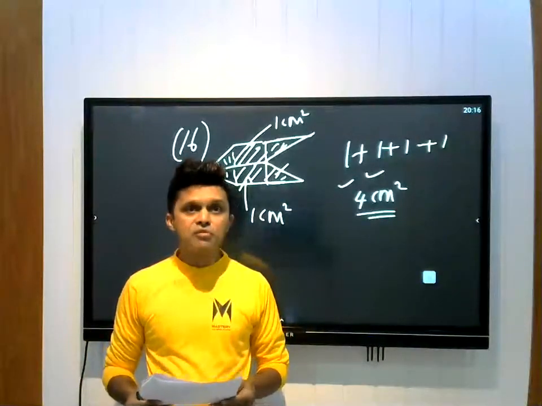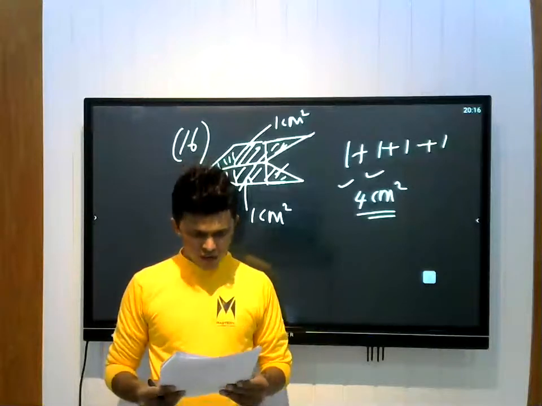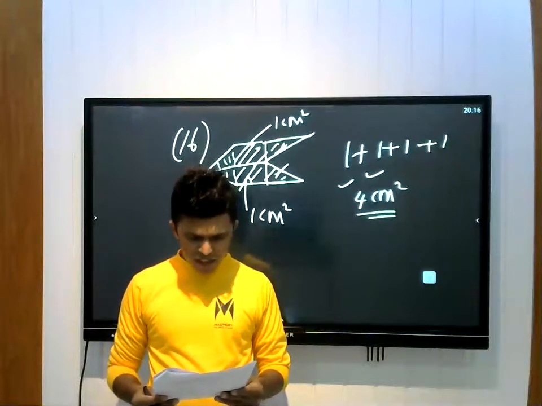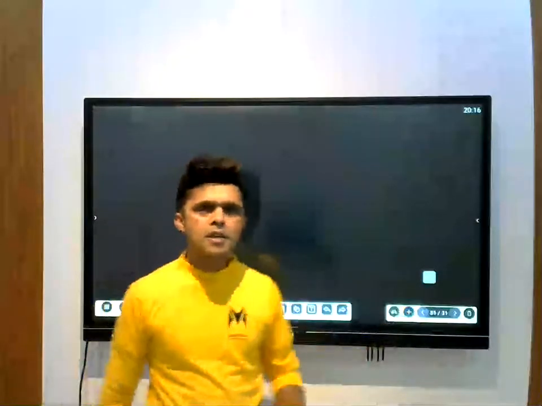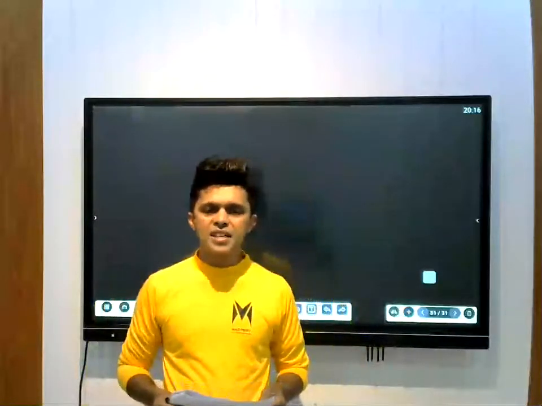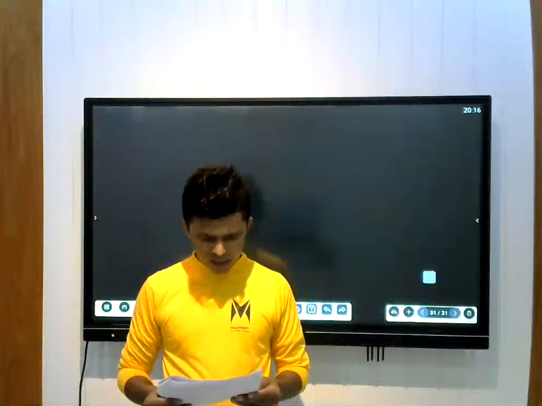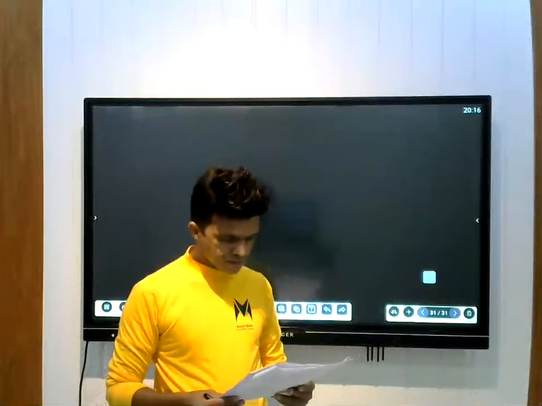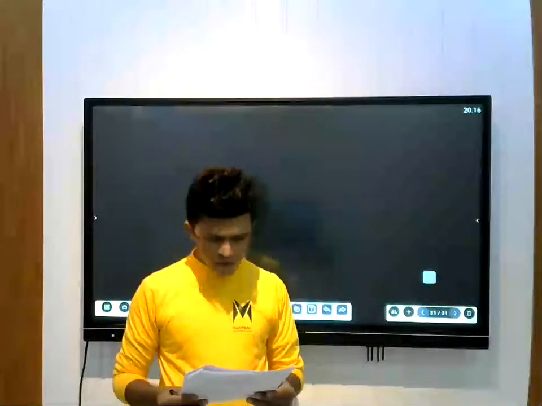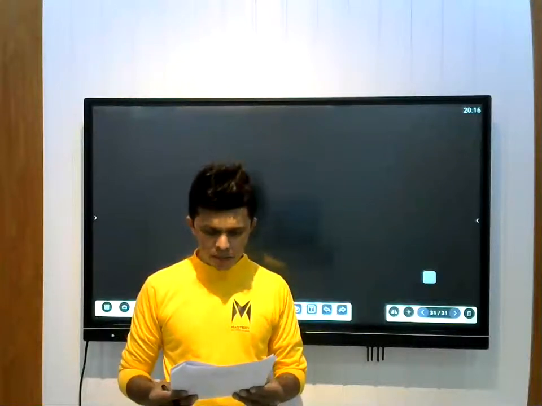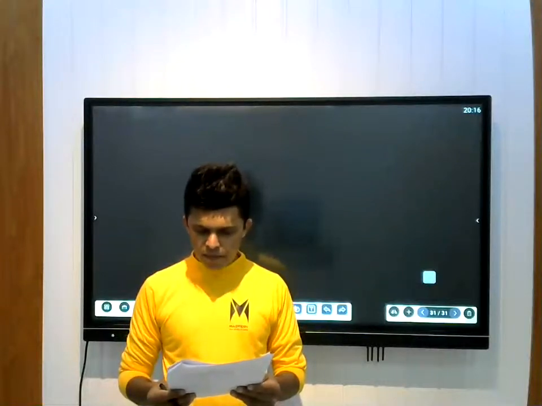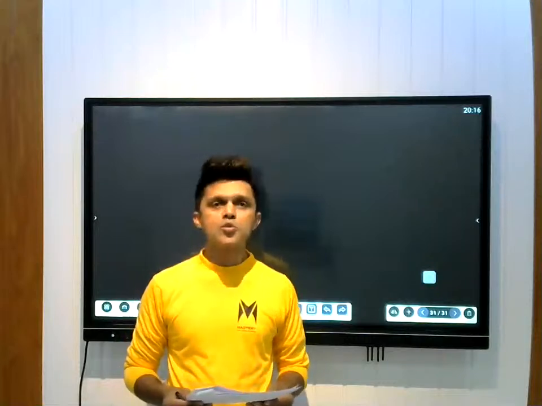We could do the 17th question as well. What is the 17th question? Find the difference. Read it properly first. First, you need to understand the question properly. Find the difference between the largest and smallest number that can be written by using 7265.